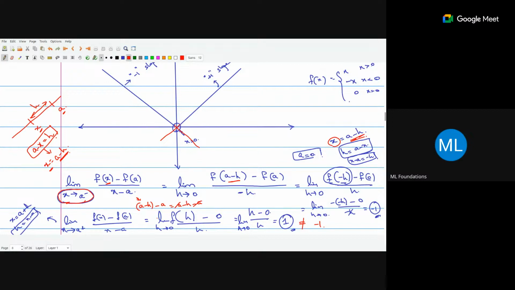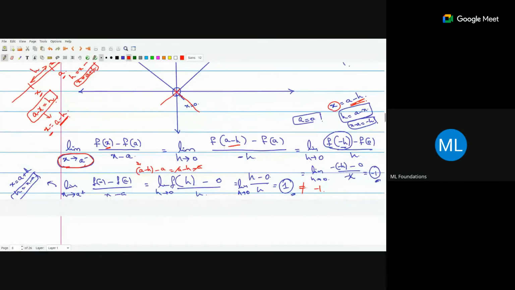So when x is coming from the right hand side, this is x. Now what if I say this is the difference h? What is the connection between a, x and h? H equals x minus a. Now what will be x here? A plus h. So now in the next case, you just substitute in place of x, a plus h. When you do that, your denominator will become h, and your numerator will be f of a plus h.